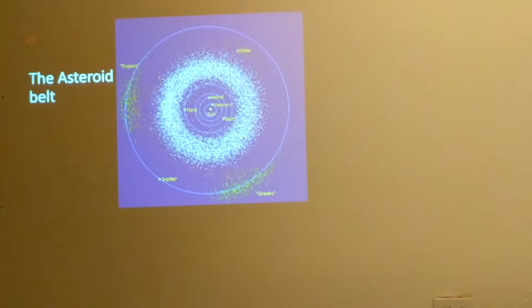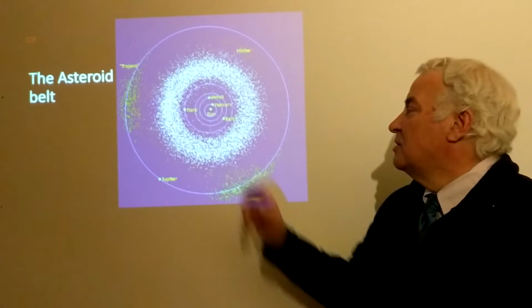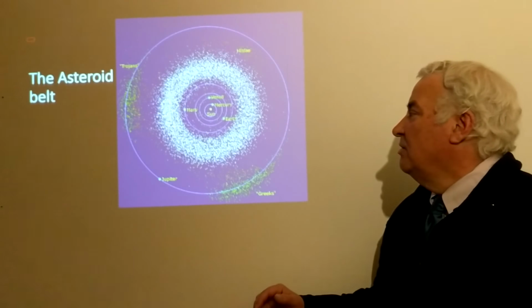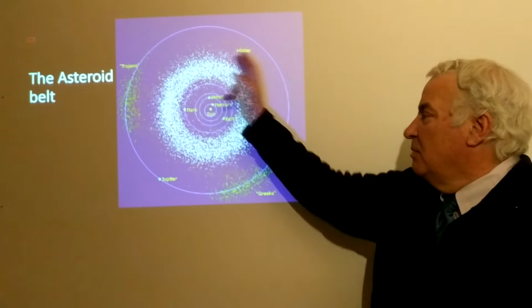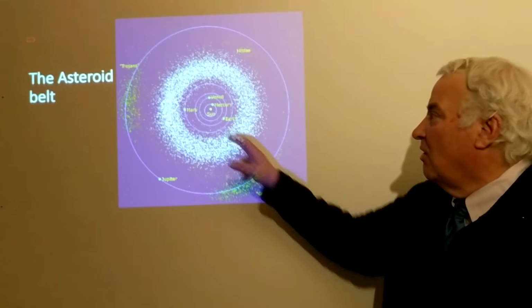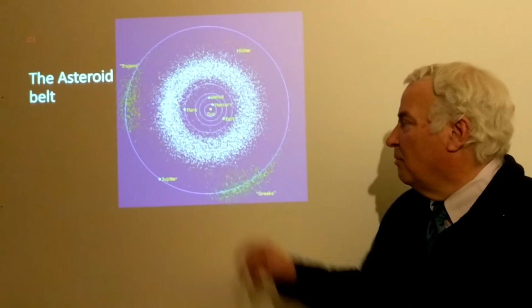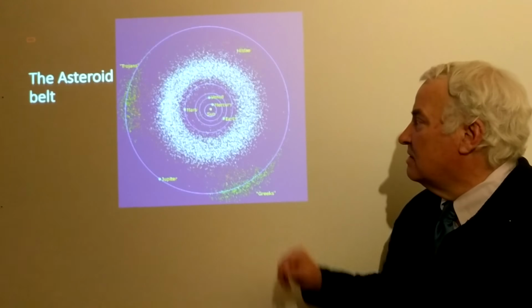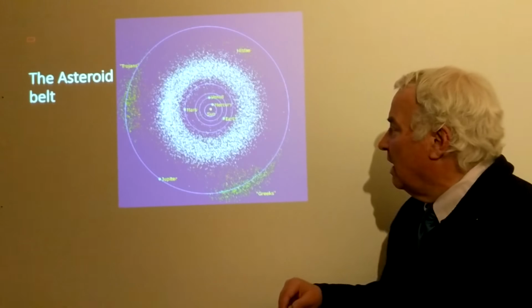Well, the asteroid belt began to make things change because a number of asteroids were discovered, starting with Ceres in 1801, and others, Pallas, Vesta, and Juno, and plenty of others. Here it depicts literally thousands, and there are some that are called the Trojans and Greeks that are out either leading or behind Jupiter in its orbit around the sun. In the inner solar system, we have all of these. So could we consider these to be planets?